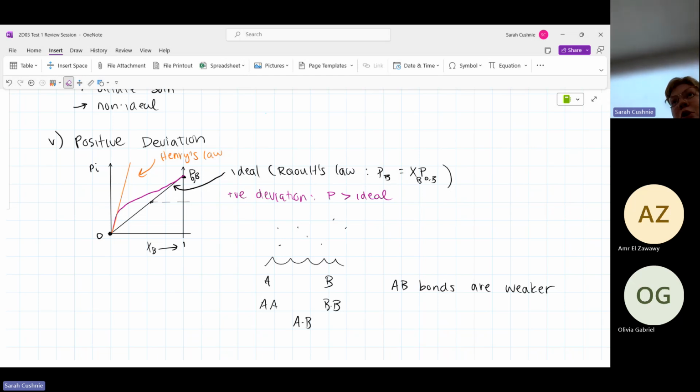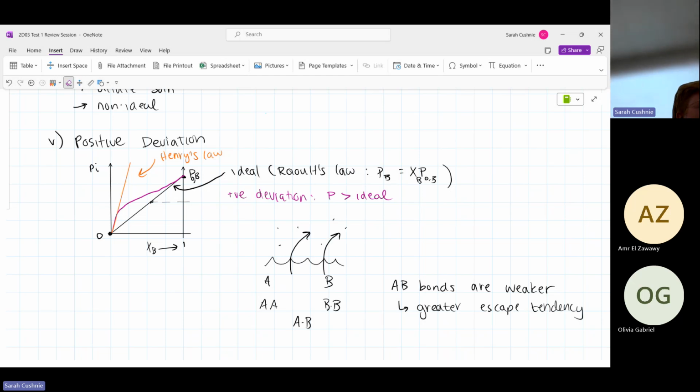You can just think of it like there's more of those AB bonds, there's more interactions, and the way that they worded it in our lecture is that there's a greater escape tendency. So what that means, AB bonds are weaker, is that there's going to be more tendency for it to leave the solution